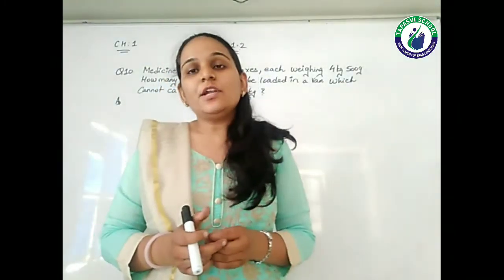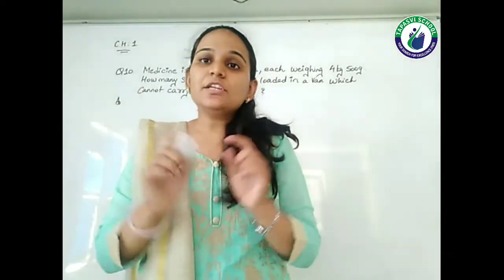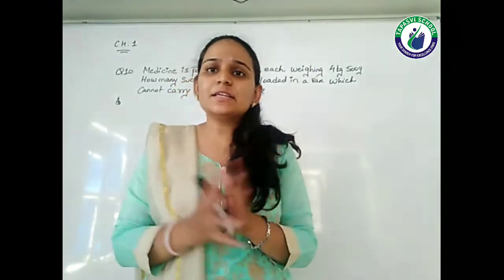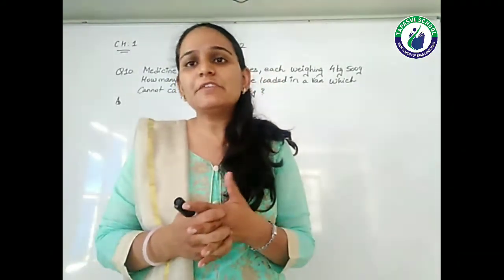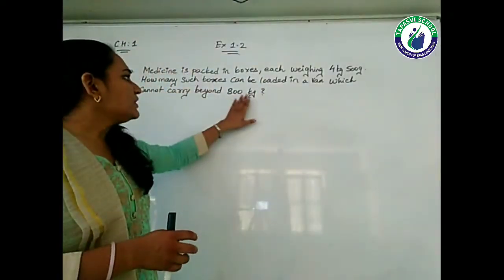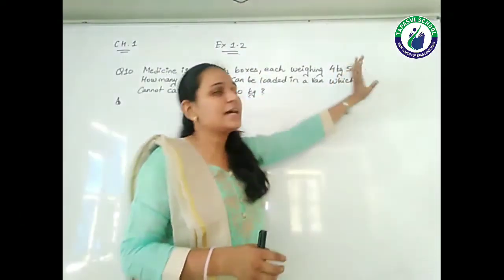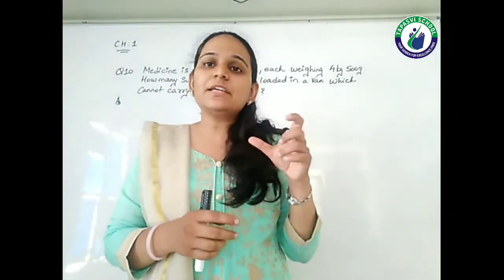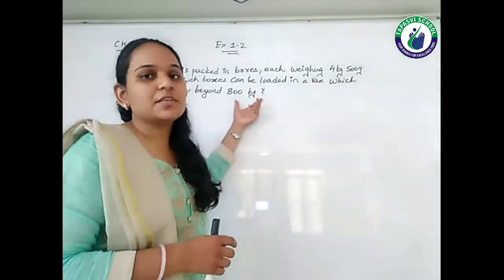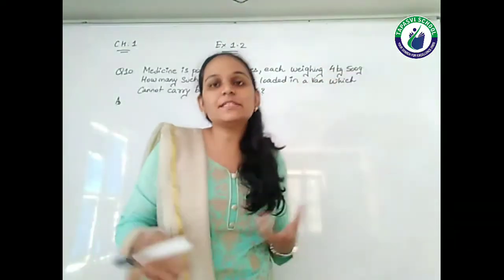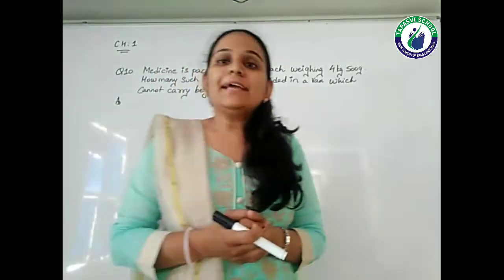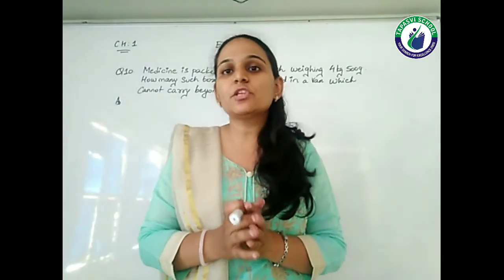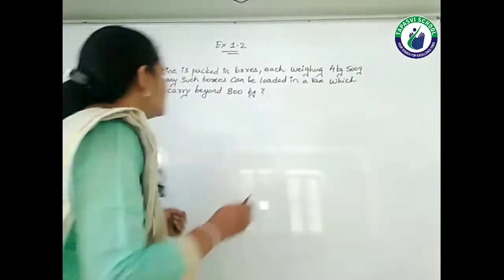Now, as I already told in the previous question also, we need to make the units common, right? Whenever we are doing the addition, subtraction, multiplication or division process. So here it is in kg and here it is in kg and gram. So let me make it common, that is gram. I will be converting the van capacity also in gram and the box weight also in gram, right? Then we will be calculating the number of boxes that the van can carry. But first of all, we need to make the unit same. So let's see the solution here, students.